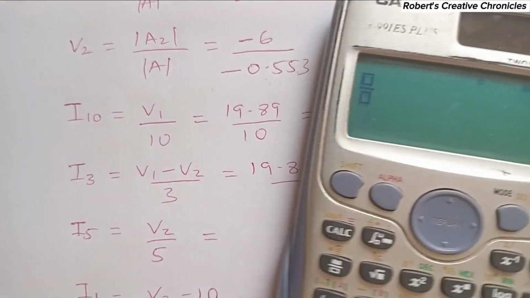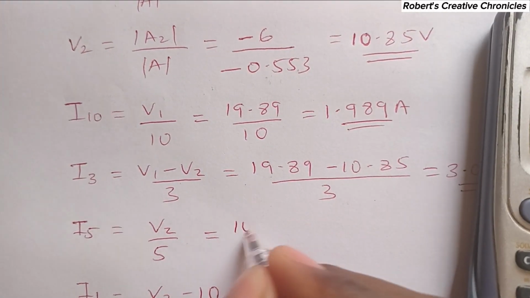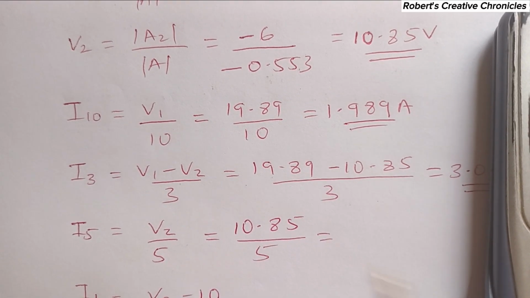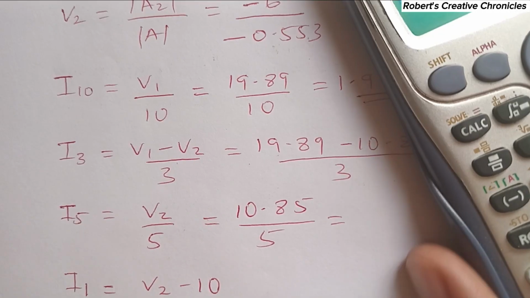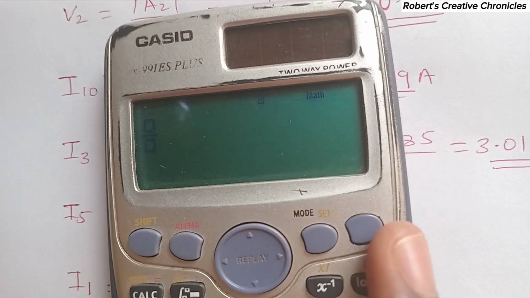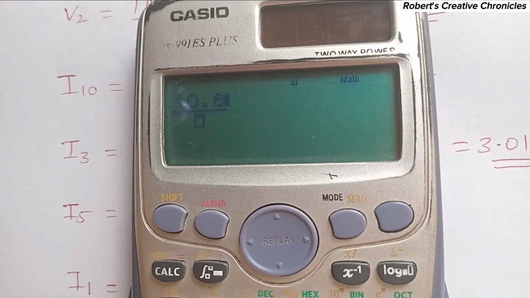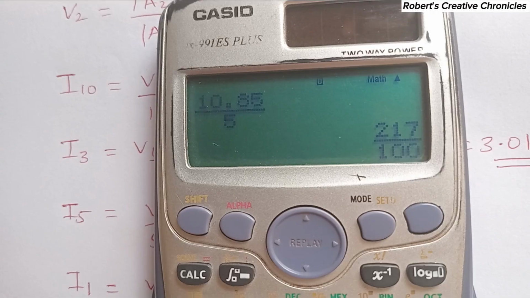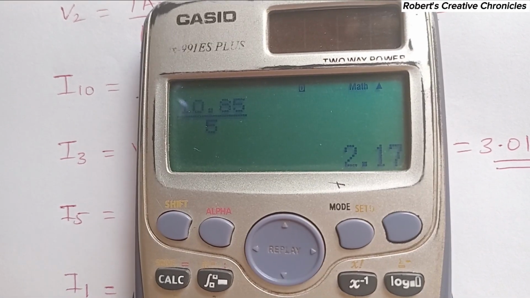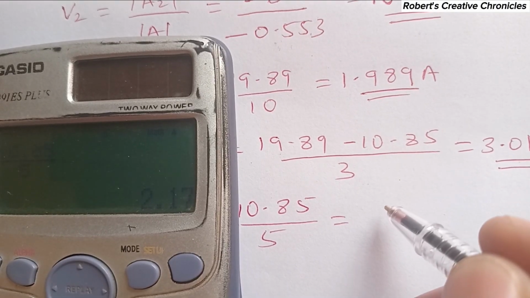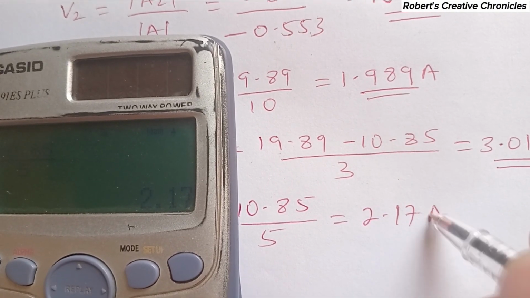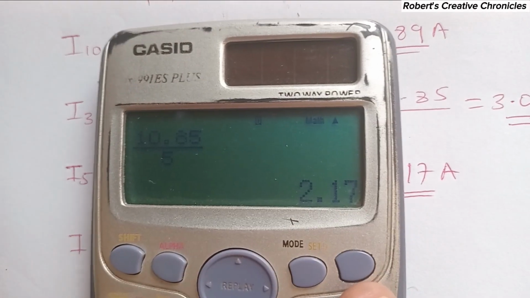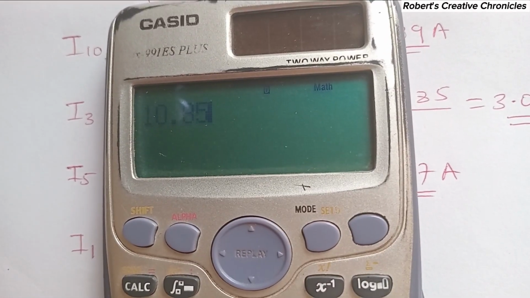Is 10.85 over 5. So 10.85 divided by 5 is what? 10.85 divided by 5 is 2.17. So that means I5 is 2.17 ampere. Then the last one, V2 minus 10, is 10.85 minus 10